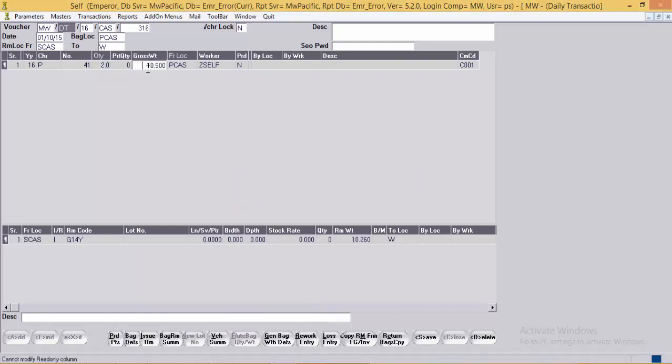Now the system will update the gross weight of the bag as 10.50 and the gold which will be issued from stock of casting to W will be calculated as 10.50 minus diamond weight, that is 10.26 grams. Now after casting, we will move this bag from casting to the filing location.